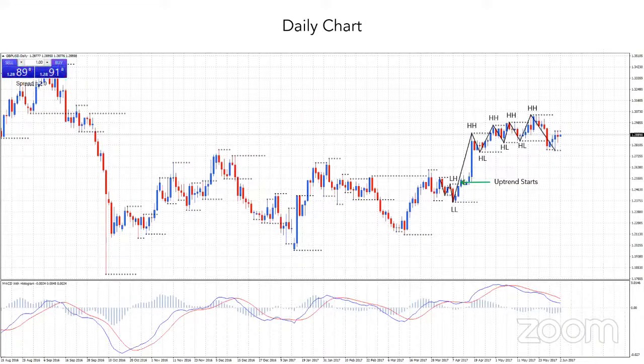And just to show you the swings, so you can clearly see we have a higher high, higher low, higher high, higher low, higher high, higher low, higher high. And the actual change of trend occurs back to the downside when we break below this higher low here. All right, so that's why it's so important to follow the trend, because the trend can continue for months if it really wants to. And we look to trade in the direction of the trend.